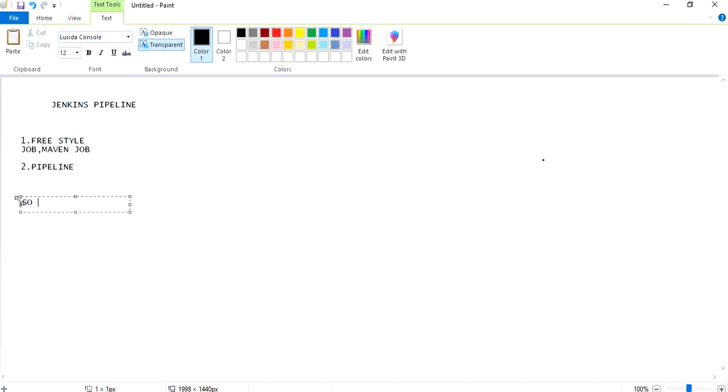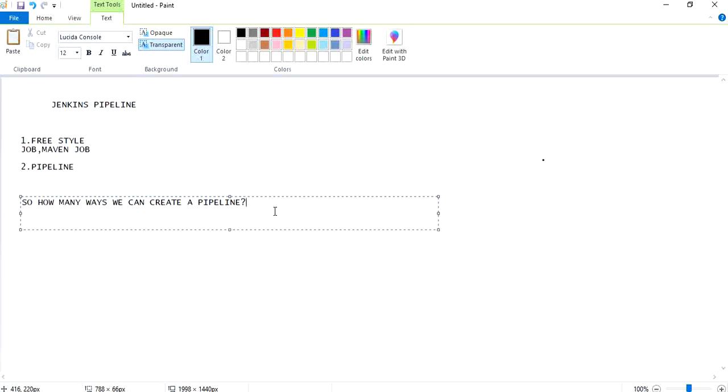So how many ways can we create a pipeline?